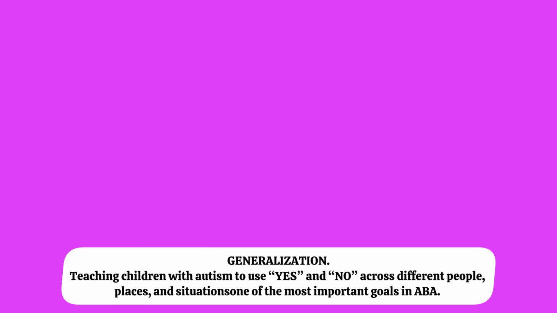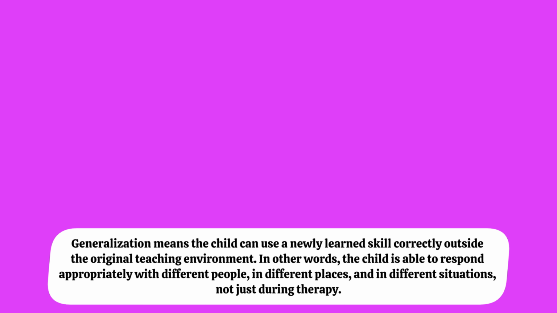Generalization. Teaching children with autism to use yes and no across different people, places, and situations is one of the most important goals in ABA. Generalization means the child can use a newly learned skill correctly outside the original teaching environment. In other words, the child is able to respond appropriately with different people, in different places, and in different situations,